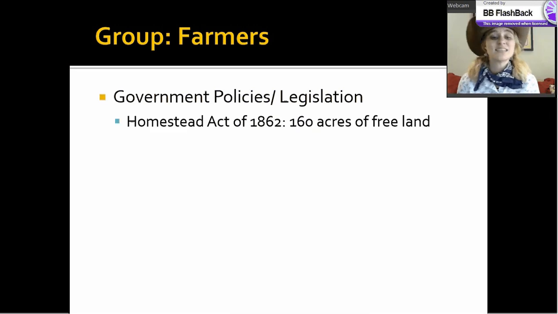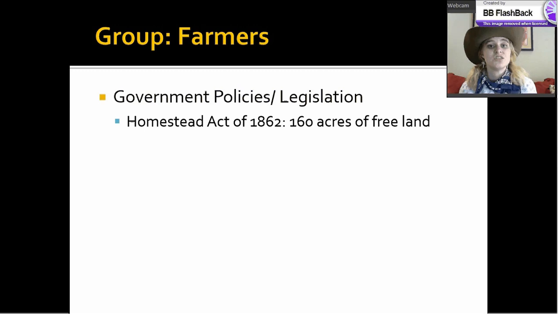So in 1862, they passed what's called the Homestead Act. The Homestead Act offered 160 free acres of land to anyone that would move out west. The key is they had to live on that land for 5 years and improve it, whether they toiled the soil or did some sort of new cattle breeding or something. They just had to make it better, and they could keep that land for the rest of their lives.